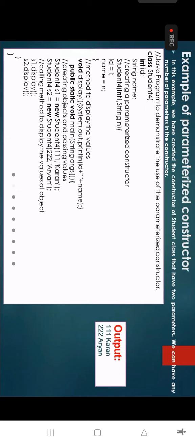Okay, so we can use the parameterized constructor. So here we can use